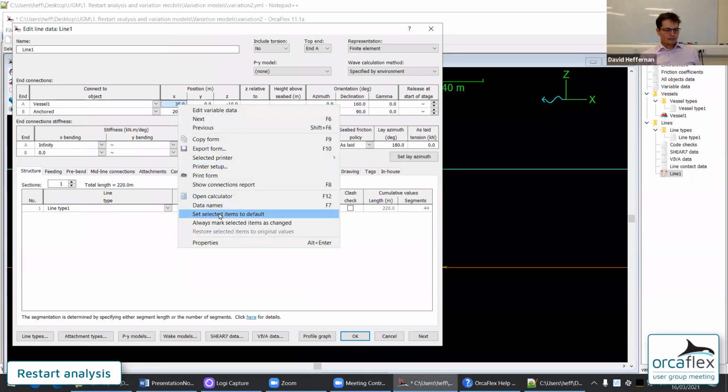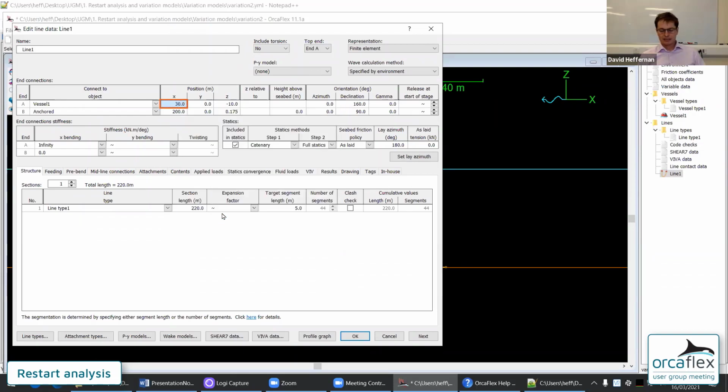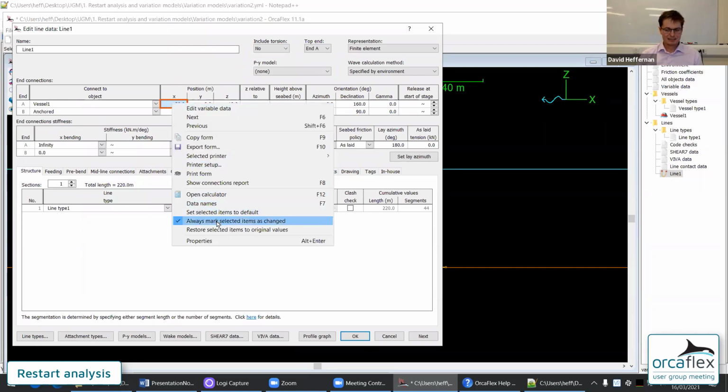Even if a data item has not actually been changed, I can mark it as being changed. Now this is quite an esoteric feature that is really only relevant for a handful of situations relating to restarts. I'm not even going to cover it at any point in the presentation today. It's really quite an advanced feature. So I suppose I'm mentioning it to give you license to ignore it until you come to need it. You don't need to worry about what this does. It's really only for quite particular, specific scenarios. And certainly while you're learning the feature, you don't need to worry about this.